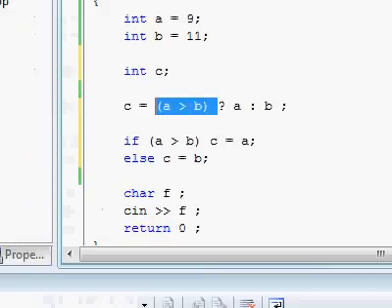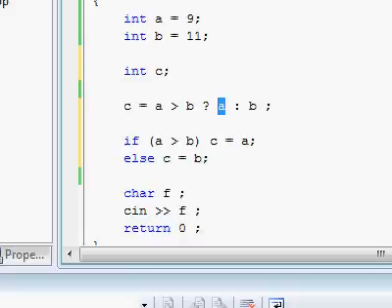In the first part over here, a Boolean expression is evaluated. You can put it in parentheses if you'd like, or you could leave it outside of parentheses, which might make things a little bit more confusing. So if this is true, this thing over here is executed and expressed. It is expressed to whoever would like to take it. Over here we have an assignment operator that is waiting for some expression on the right side, so I guess the assignment operator is the one that's going to get the expression of a. If this thing is false, then the second part is not done and is not expressed. The third part will be done and expressed,